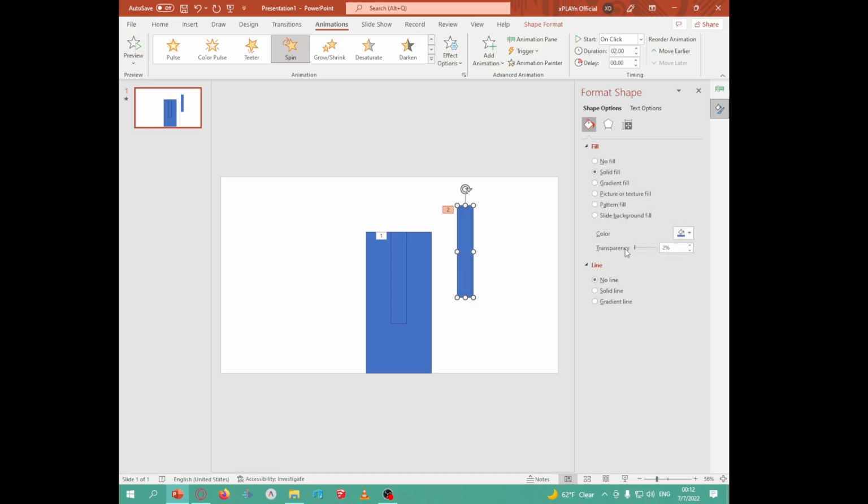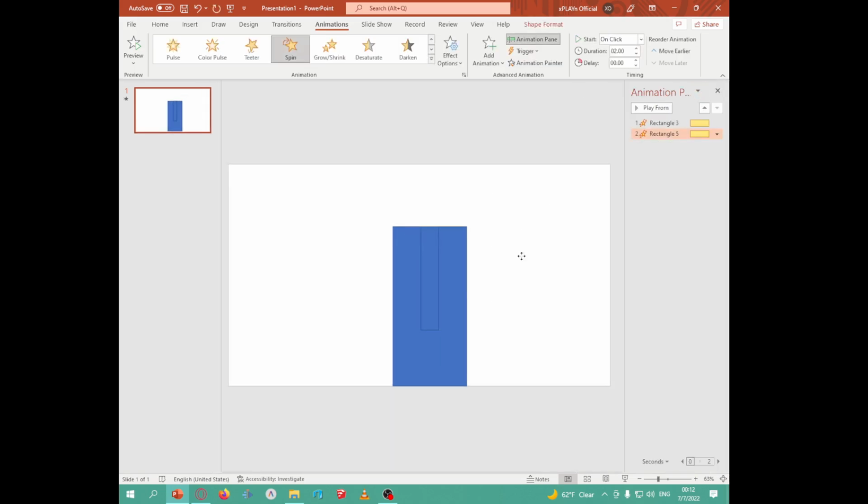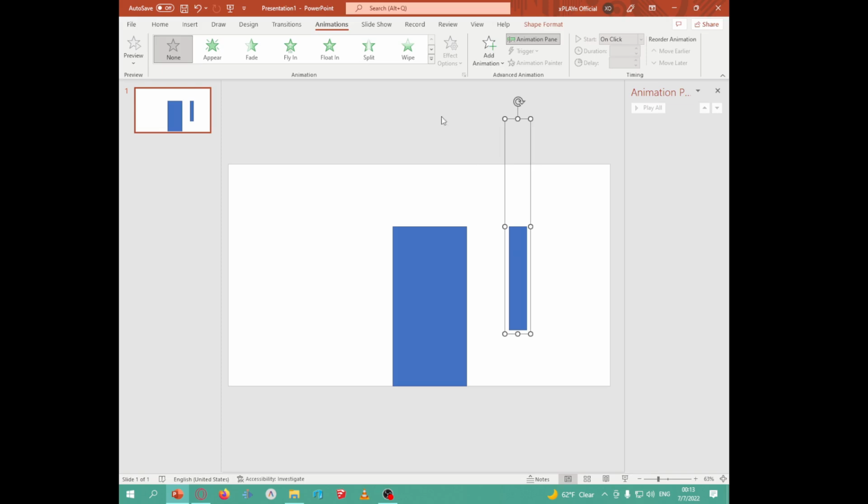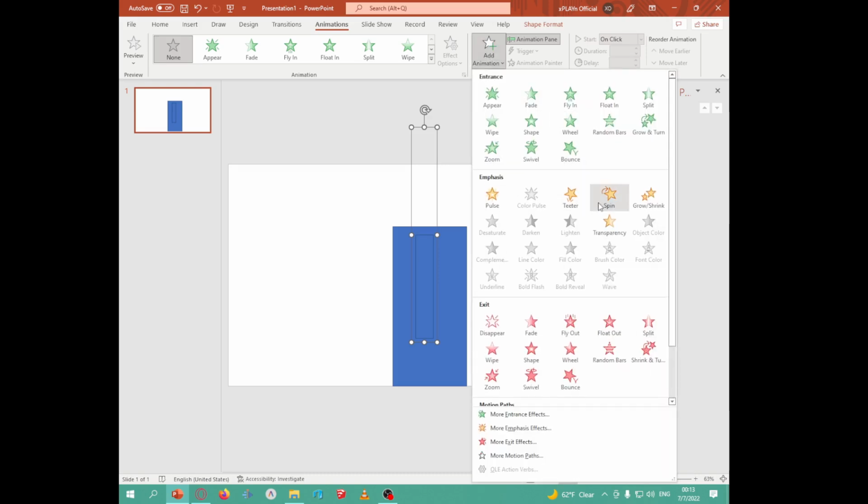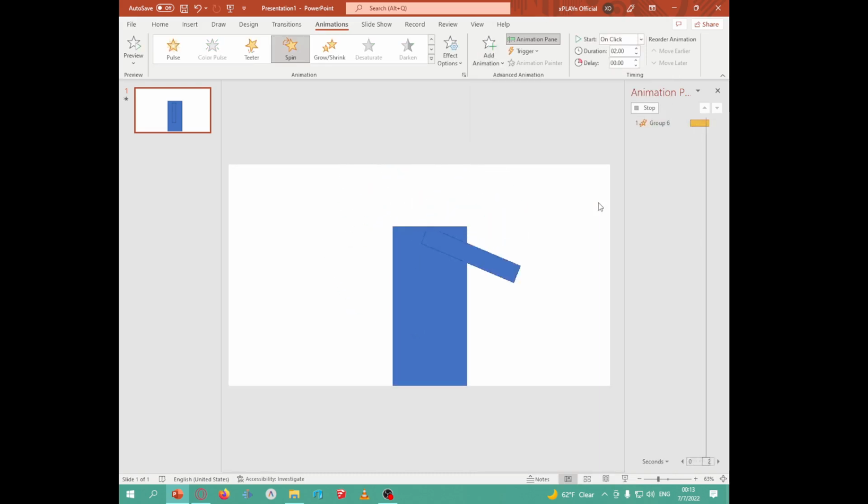The reason I want to do it this way specifically is because that will allow me to still select the object and move it around. Now I want to use the guides to find the point at which our shape is mated to the other shape, which in this case is right here. Now you can see that we have this. I'm going to hit Control+G, which will group the shape, and bring it in right here. Now you will see that we've lost our animation, so we'll just add the animation back. And now you will see that it pivots on an axis,